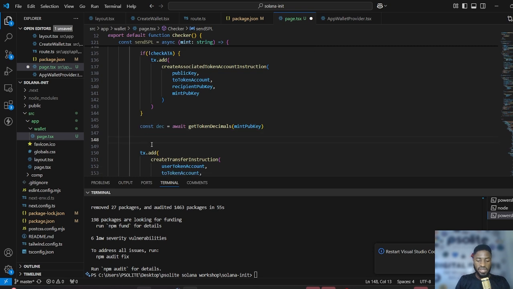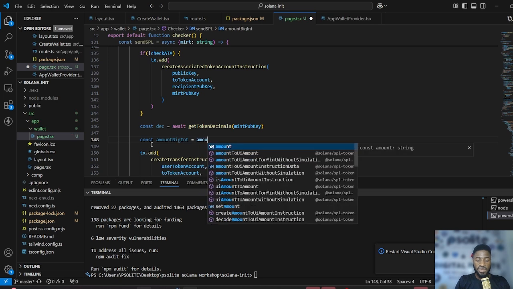Then let's say const amount. Let's just call it big integer. So we're going to pass amount,